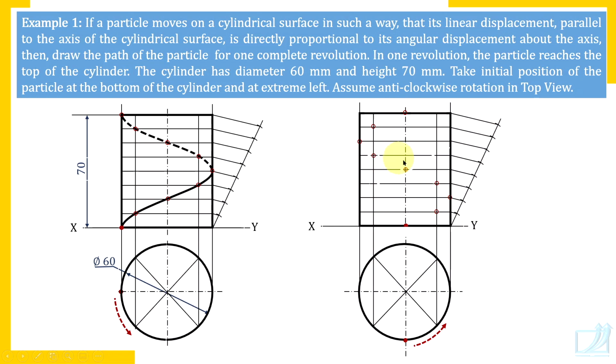So this is how you have marked the points. Now how to join? Try to understand. It is on the front side. This semicircular portion is on the front side and this semicircular portion on the back side. First quarter, that is up to the boundary generator, it is visible. Then next half, that is hidden because it is on the back side, and last quarter is again visible. So take care of that.